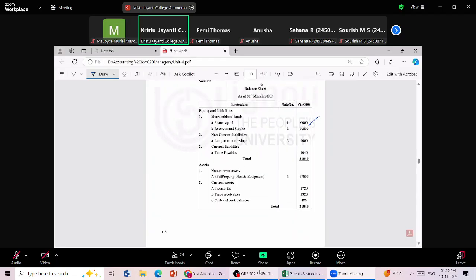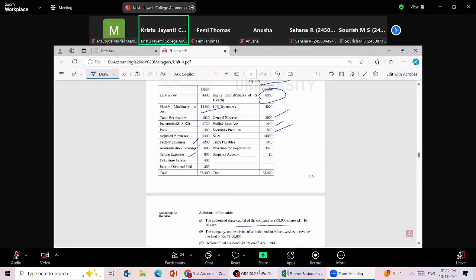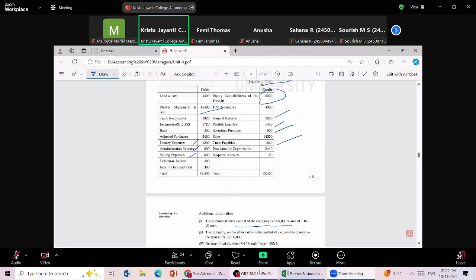Then current liability is what are the current liability given in the question. Here in the current liability there is a trade